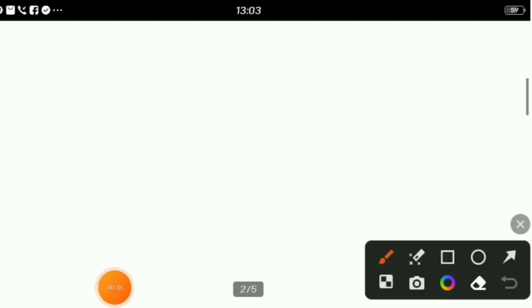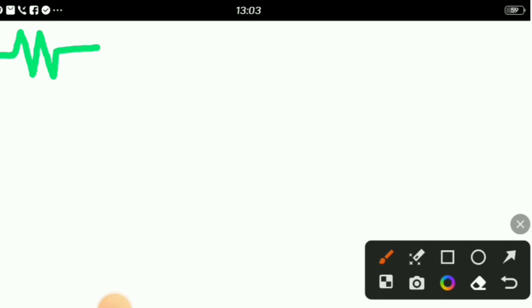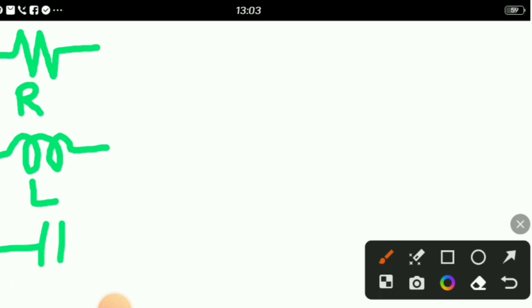So here, the symbol of resistance. The symbol of resistance is represented by, so this is the symbol of resistance. Now denoted by R. Symbol of inductor. So this is the symbol of inductor, and inductor is represented by L. The symbol of capacitor. So these are the electrical and electronic components. So capacitor is represented by two parallel lines, and alphabetically this is represented by C.